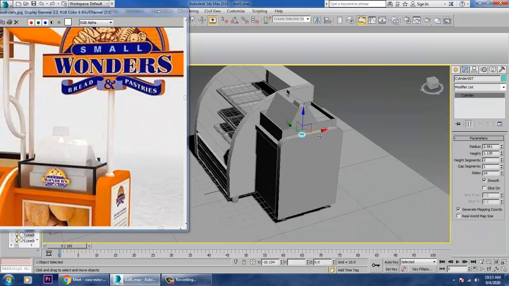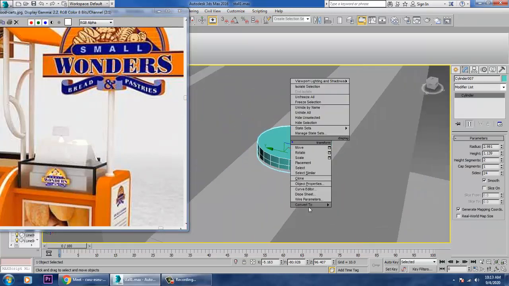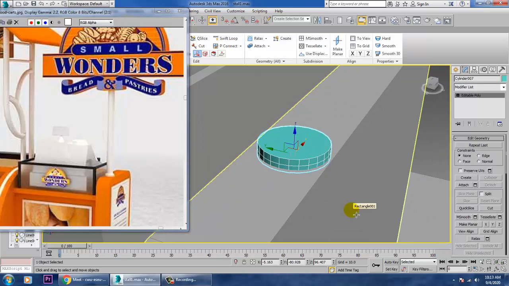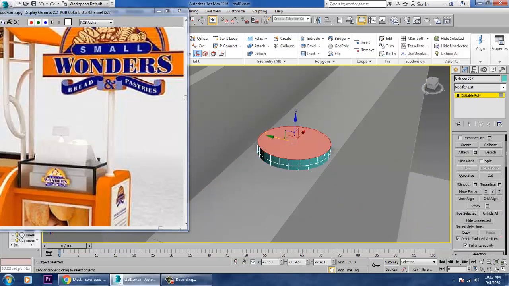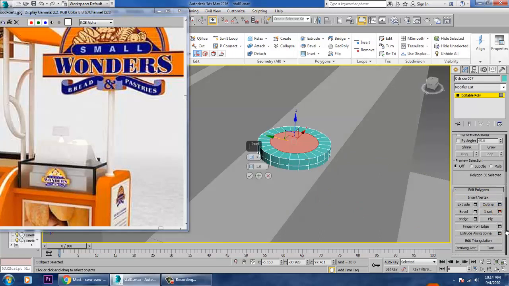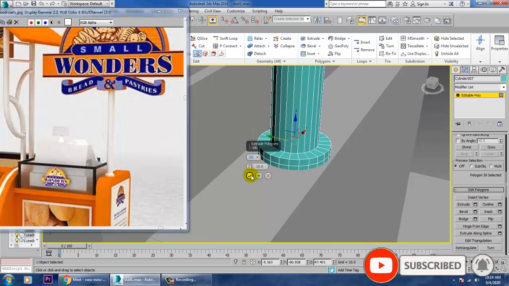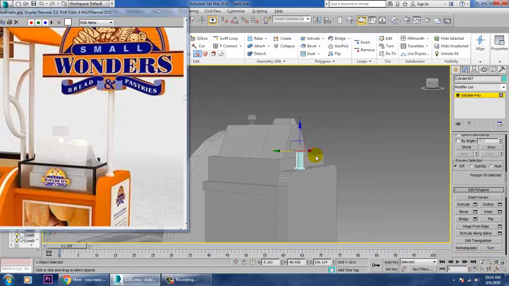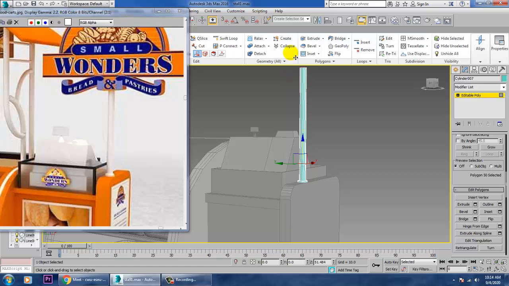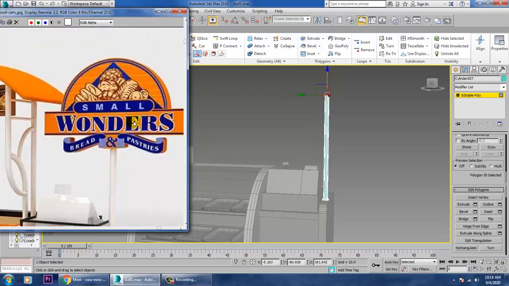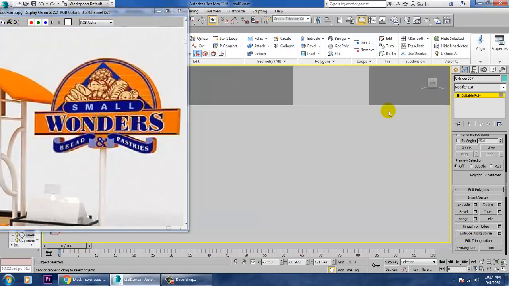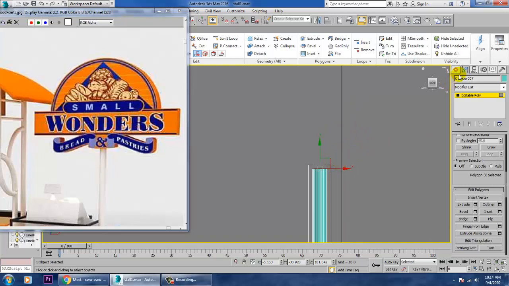So just push it a bit further, convert to editable poly, press 4 and press insert, click OK and just extrude it up. So what I'll do is I'll just extrude this up and I want this kind of add-on to be added over here. So we'll go into this and let's take